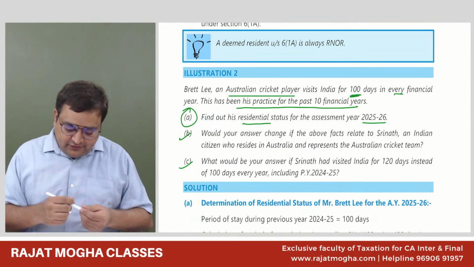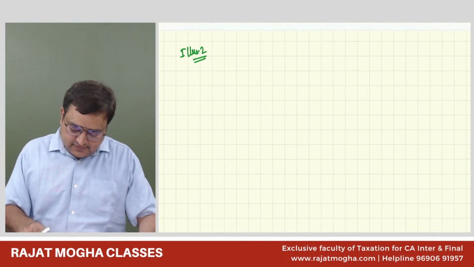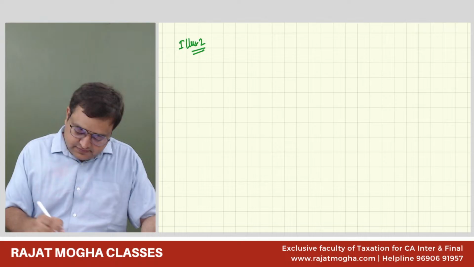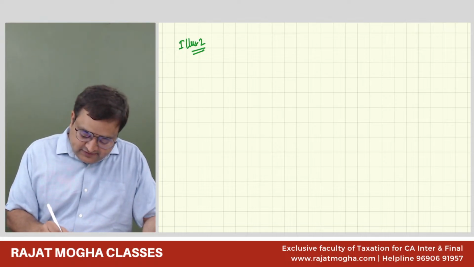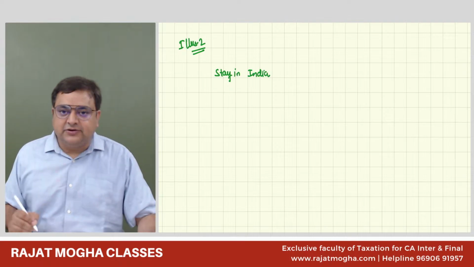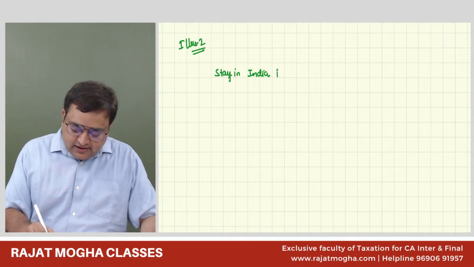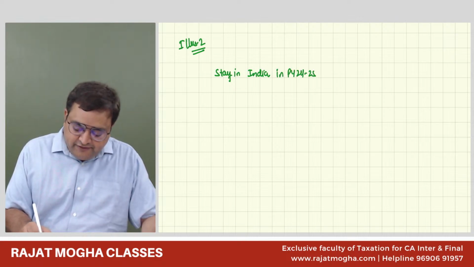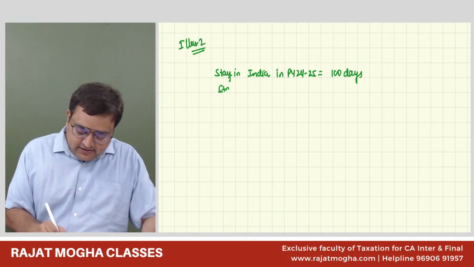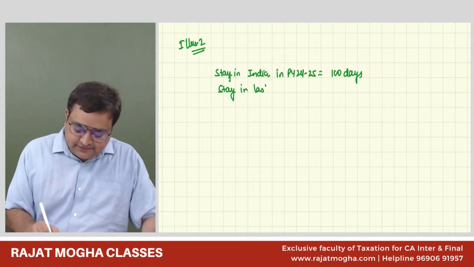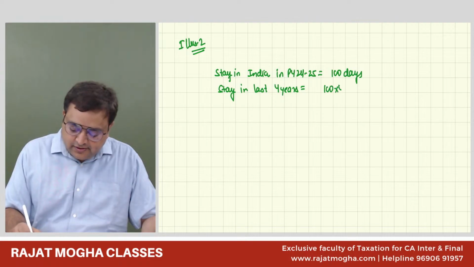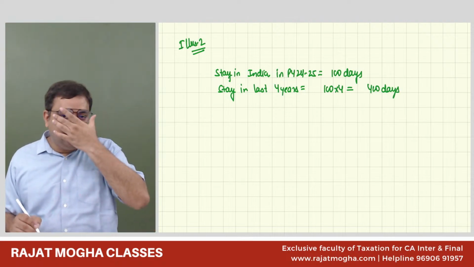Okay. So in this case, stay in India. I'm directly writing the facts. Stay in India in previous year 24-25 is 100 days. Stay in last 4 years is 100 days into 4, that is 400 days. So since the second condition is satisfied,